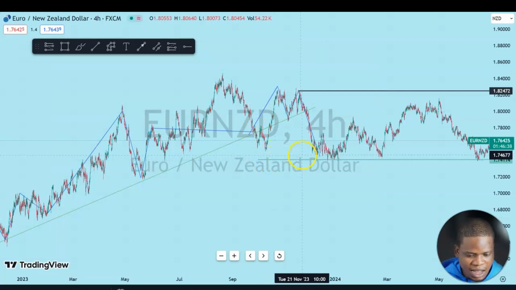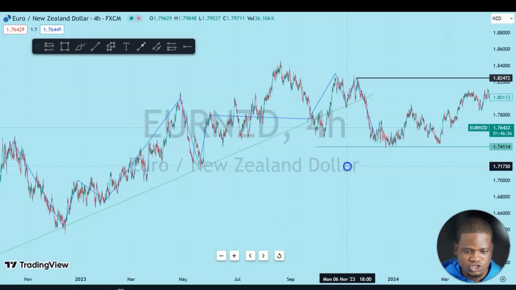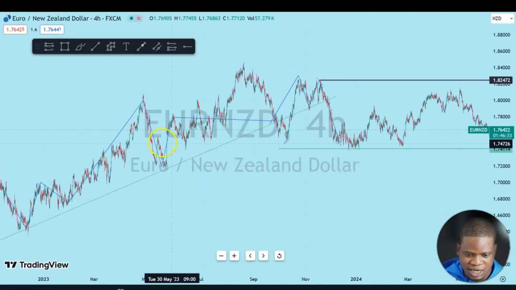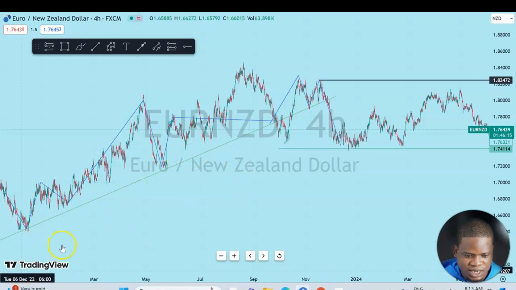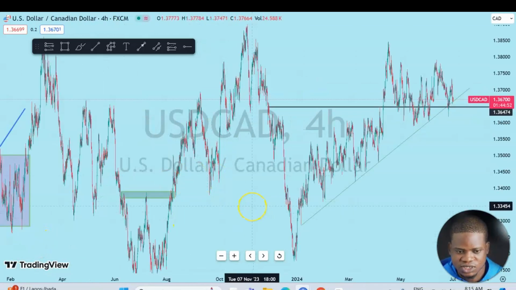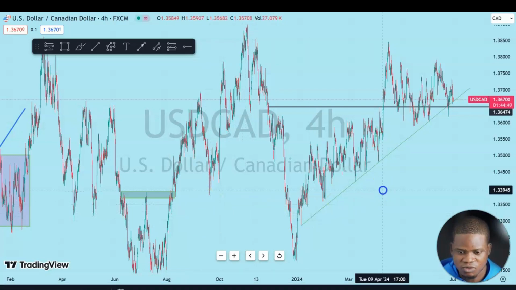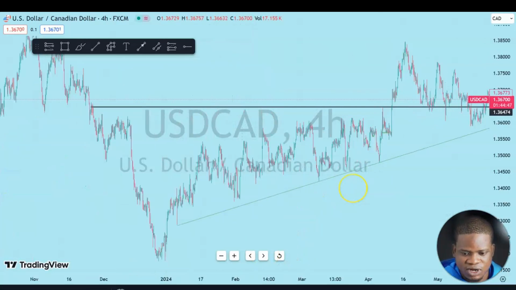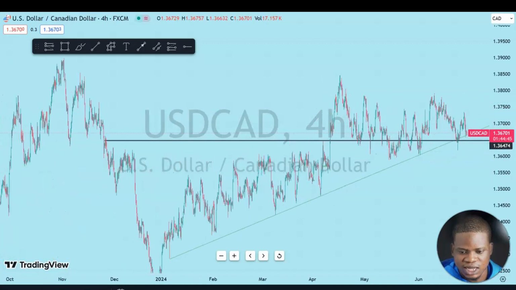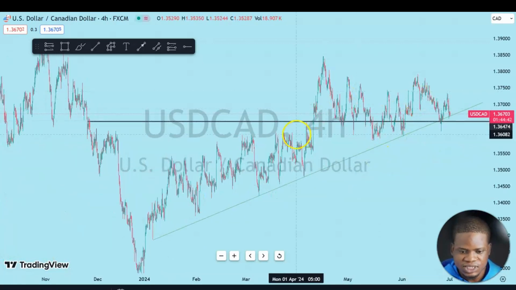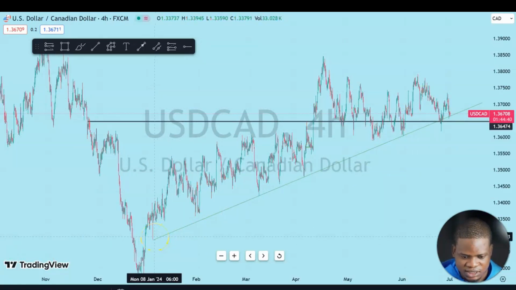So this is a trend line on the EUR/USD, and I'm also going to look at another trend line opportunity on the USD/CAD. So let's switch to the USD/CAD chart. Guys, this is the USD/CAD chart on a 4-hour time frame, and what we have here is a trend line. If you look at this chart very well, you will see that this particular trend line has been holding since 8th of January 2024 and up till this time I'm recording, which is the 1st of